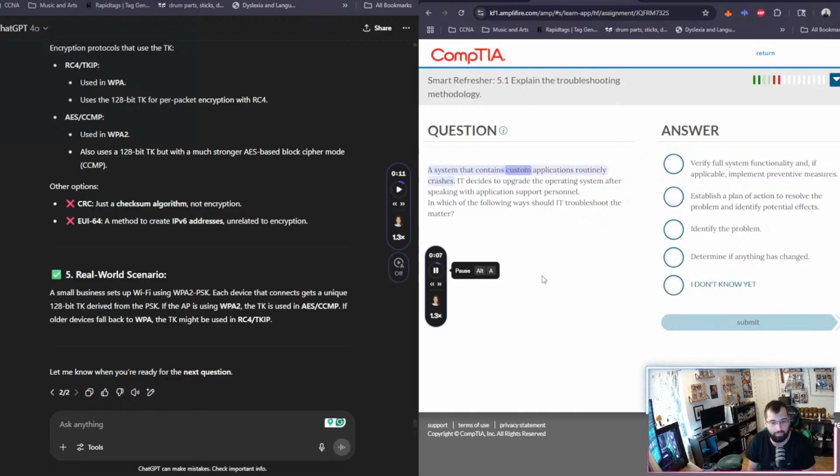A system that contains custom applications routinely crashes. IT decides to upgrade the operating system after speaking with application support personnel. In which of the following ways should IT troubleshoot the matter? Verify full system functionality, and if applicable,